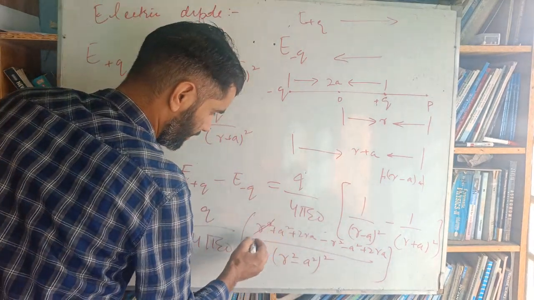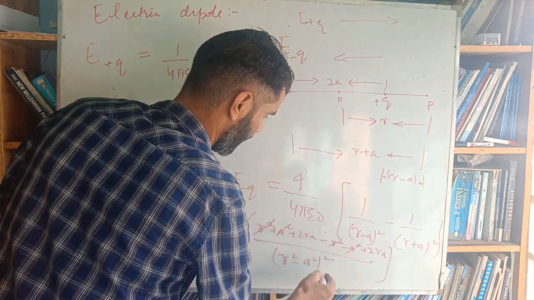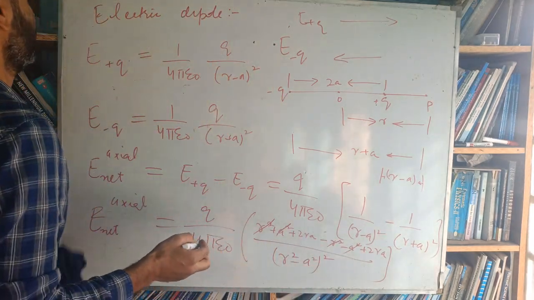So this gets cancelled here, r square, a square, and I'm left with